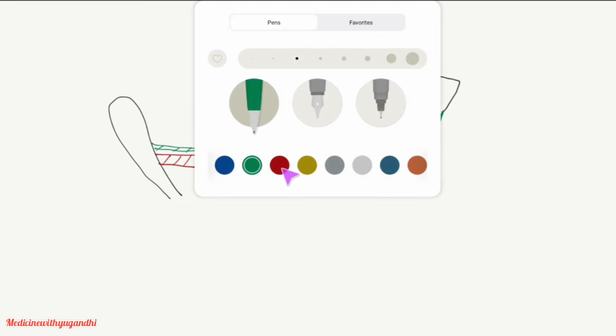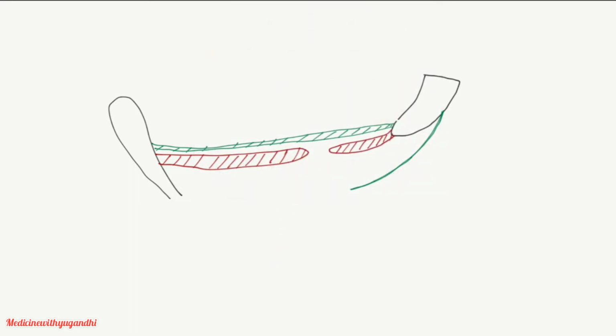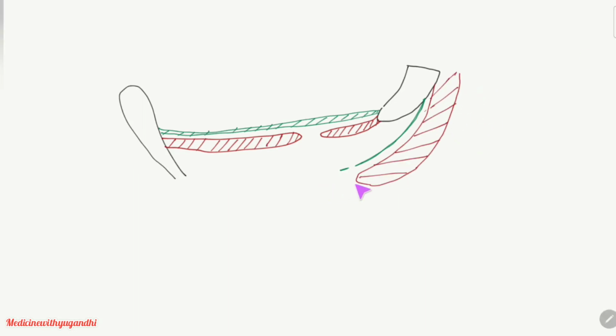Behind that, as I mentioned in the previous video, we could appreciate a muscle called the gluteus maximus behind the sacrotuberous ligament, right? So here lies the gluteus maximus muscle.